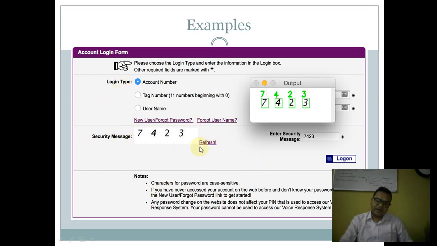Again, if I am going to click on the refresh option, this will be changed again. But now my question is that how it is changing? ये change हो कैसे रहा है? If this entire login form is a program, what is this function of this program? And that function is done by the random function. तो random module के through ये possible है that we should generate a random generation of data.